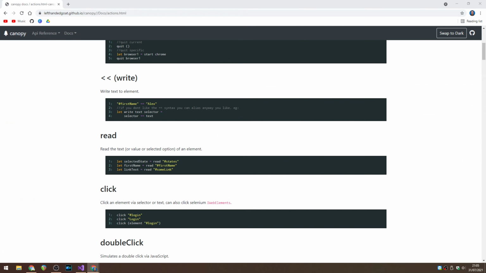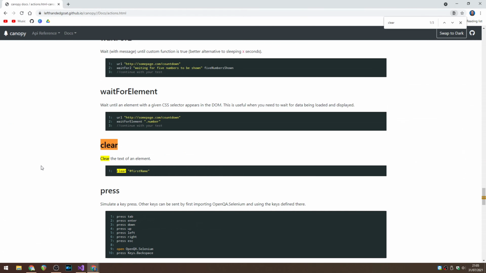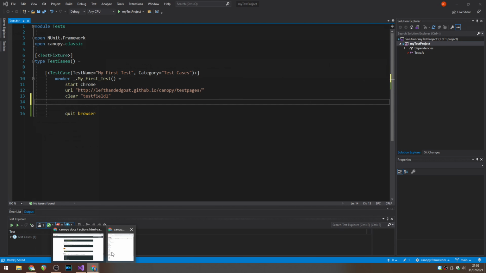So if we do a clear on that first, because if you look on here, there is a clear, so you can clear the text of an element just by using the clear function and specifying the ID. So let's just do that quickly first of all. So we'll say clear, and you've got the double quotes there. So that ID again was test field 1. So first thing we'll do is we'll clear test field 1,